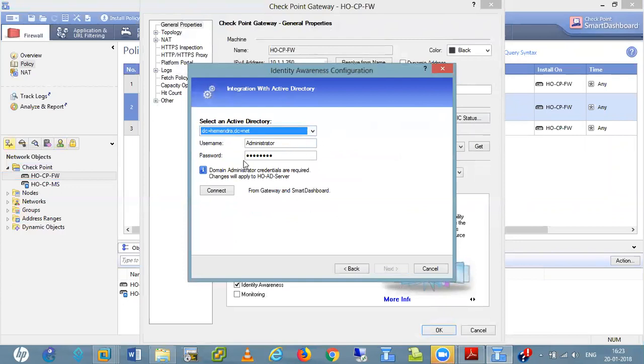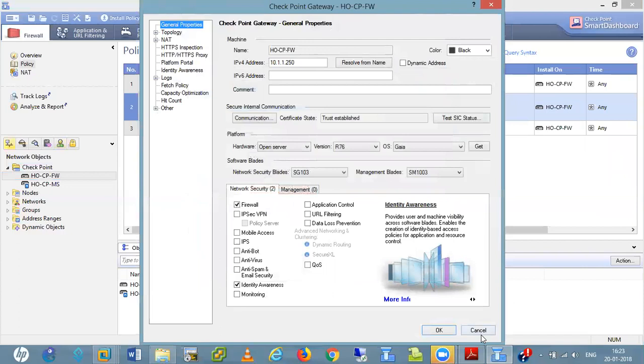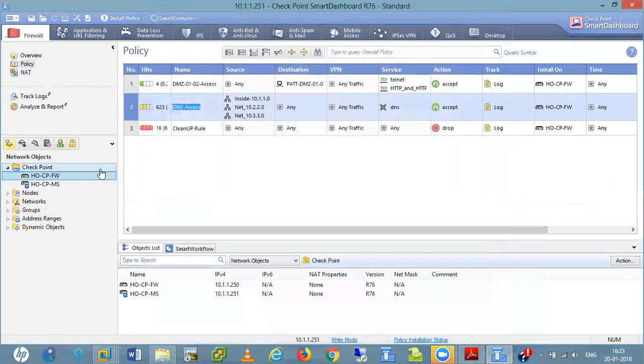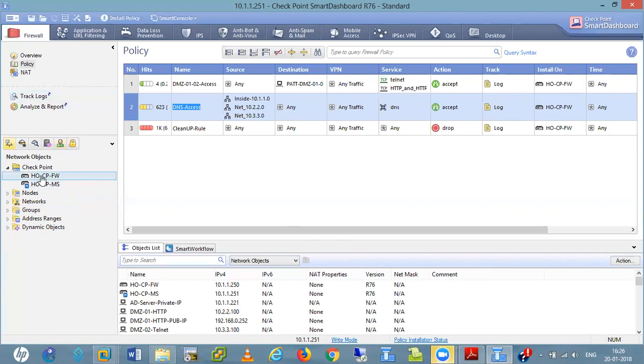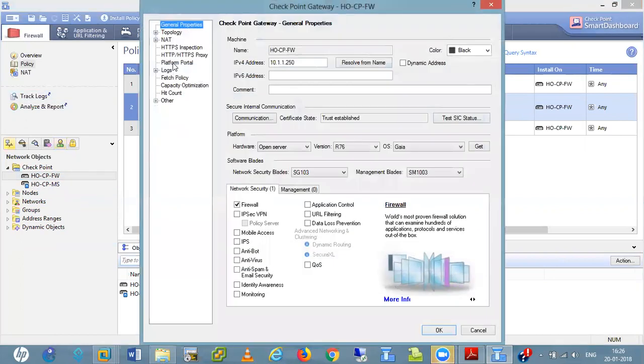So here I get the information of my AD server. This is my administrator password. So I am going to connect. Could not communicate with the servers. Okay, it is still not communicating. Administrator. Let me check. Right now I am just enabling my identity blade. Enabling the user identity blade, I am going to my firewall.